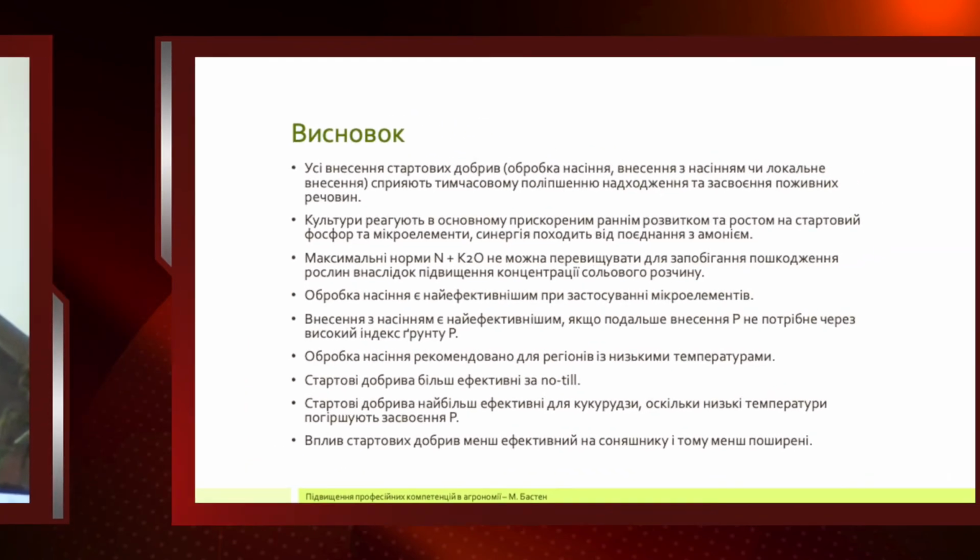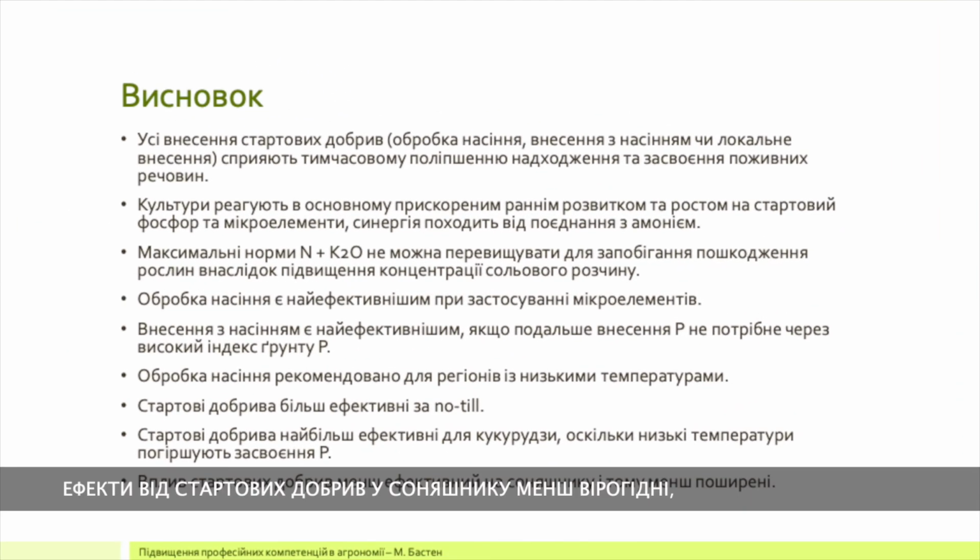Starter fertilizers are most effective in corn because low temperatures impair phosphorus uptake, probably more than they do in other crops like sunflower. Starter fertilizer effects in sunflower are less likely and therefore it is not so common to use it. But as I said, if all the phosphorus can be applied and if the workload at planting allows a placement, I think it's also recommendable, because it doesn't do any harm, and there is an upside that under certain conditions we also get a yield response.